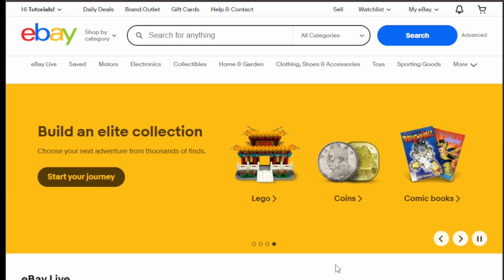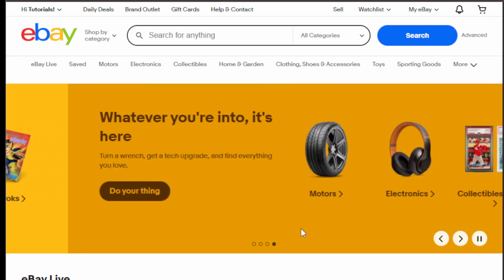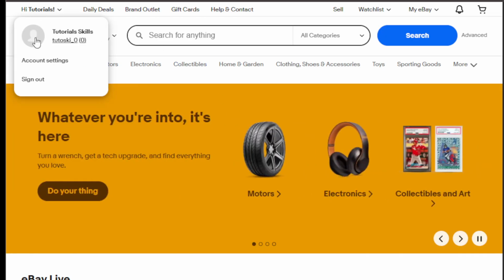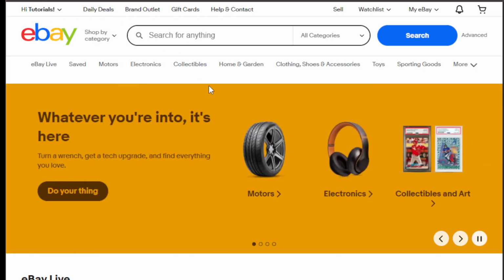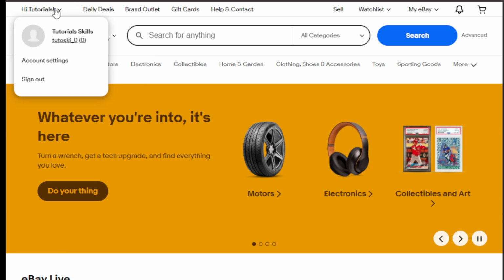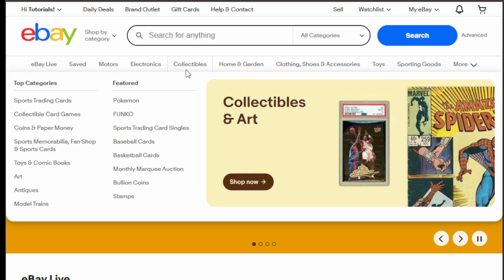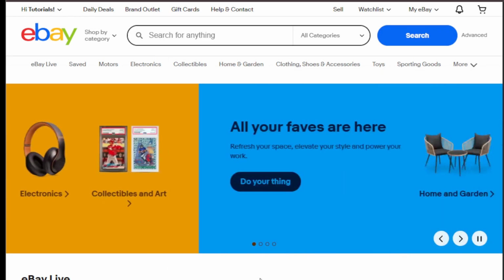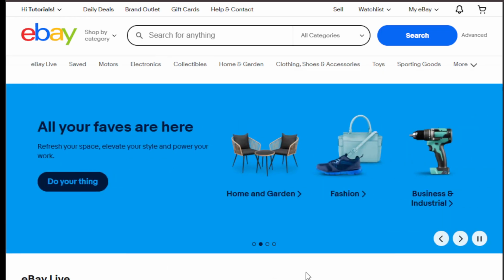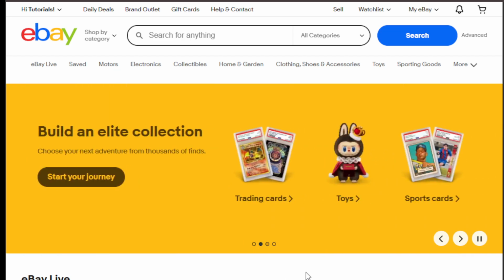Head to the eBay website and click on the Sign In button, usually located at the top right corner of the page. Enter your username and password, then click Submit. If you don't have an account yet, it's easy to set one up by selecting the Register option and following the simple instructions. Logging in ensures that eBay can personalize your homepage with your saved preferences, recent searches, and recommendations